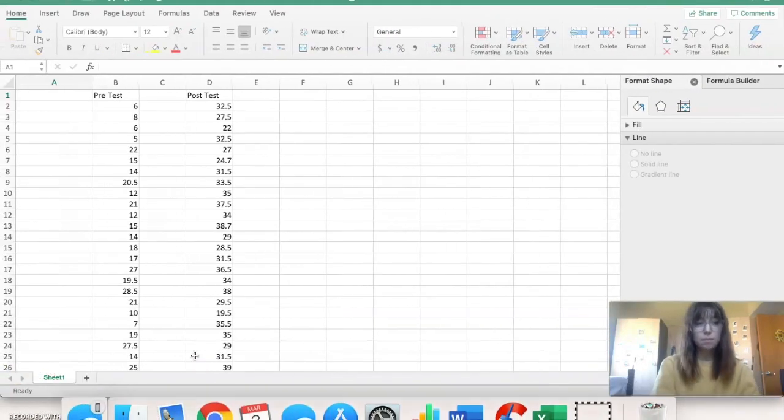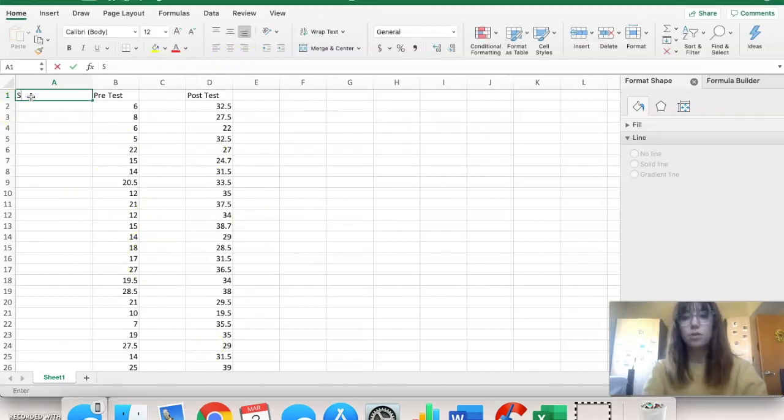So I am comparing pre and post test unit test scores over the number system in 7th grade math. So first you just need your data, which is what I have here. And then you're going to create a column for the students. So I'm just going to label them student 1, 2,